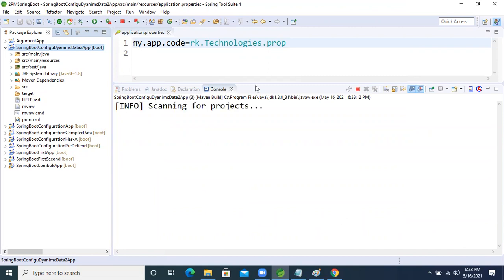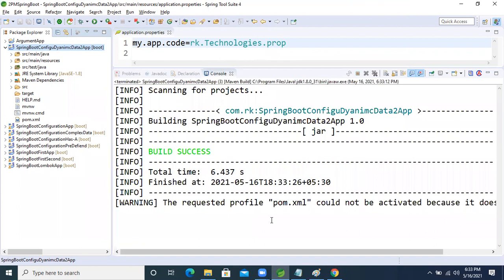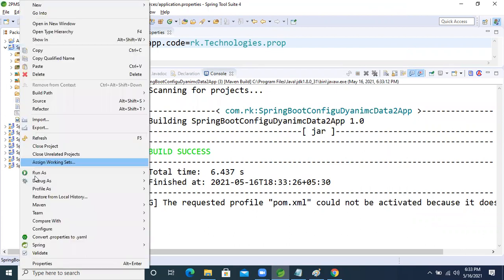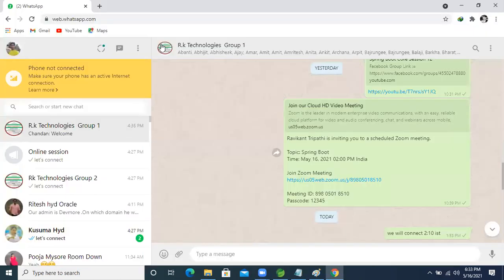Why is the build not happening? Okay, okay, guys. Now I think something is happening, right? One minute. What is the goal? One minute. I will search it, right?